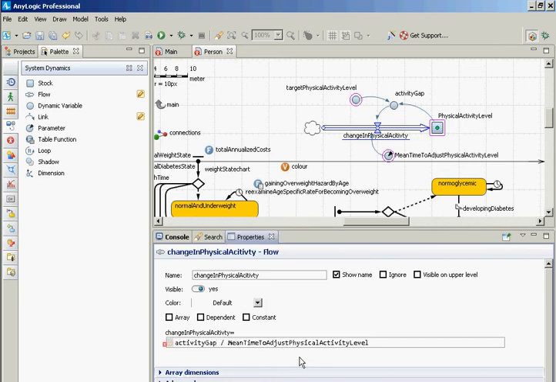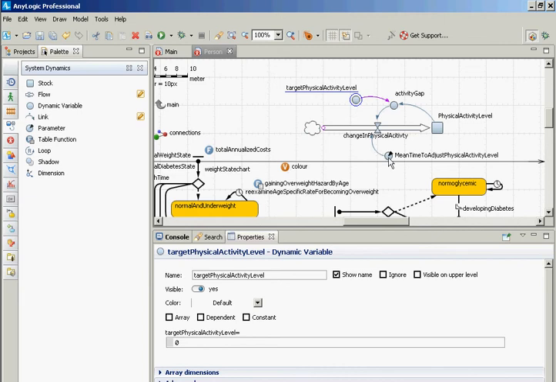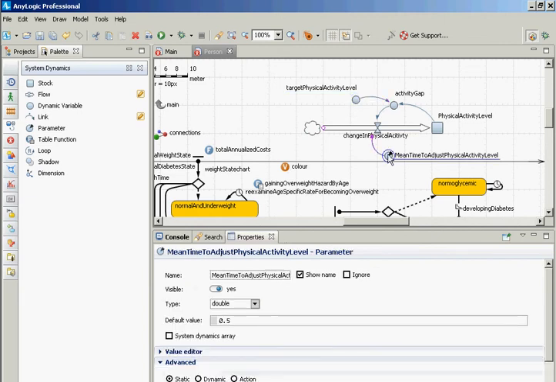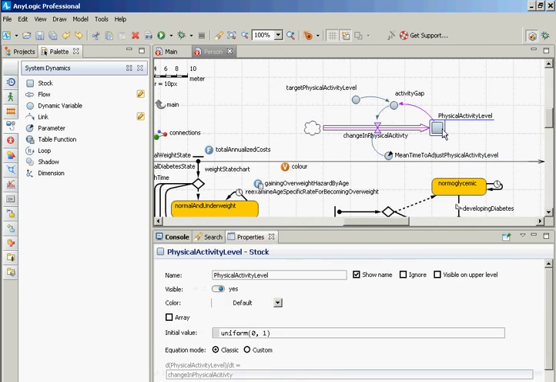Okay, so the mean time here is 0.5 years. This physical activity level had an initial value that's uniformly drawn between 0 and 1. The activity gap is given by the target minus the physical activity. This is this mismatch between what is being implied by the influence of people around me in